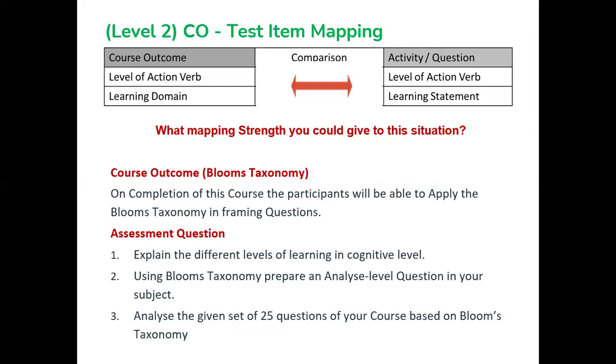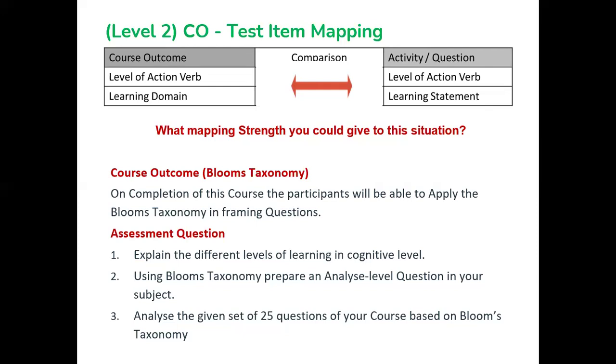Okay. Now, I have a few questions. See, for example, question number 1 is remember level. Your CO is of apply level, level 3. Why are you asking a level 1 question there? When we design the COs as faculty, our focus should be on every student attaining the outcome. So our teaching-learning activities, everything will be focused on the outcome, and finally, our assessment should also focus on the outcome. So why are you asking a low order question there?